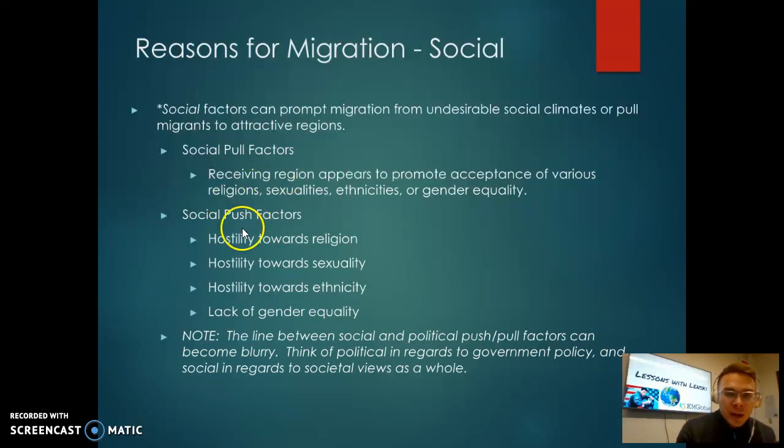Now the push factor is essentially the same thing, but there's a hostility towards certain religions, hostility towards some sexual orientations such as homosexual people, hostility towards ethnicities, and lack of gender equality, specifically for females. Okay,